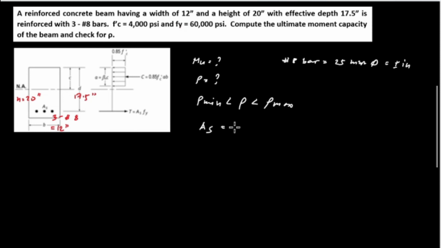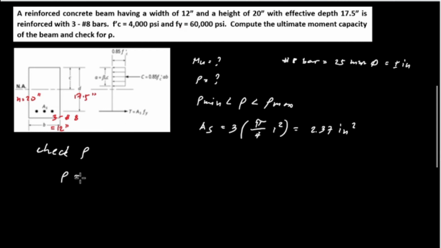We have 3 bars, and the area of a number 8 bar, which is 1 inch, we have pi over 4 d squared, and the diameter of a number 8 bar is 1 inch, multiplied by 1 squared, and this is equal to 2.37 inch squared. And we check for